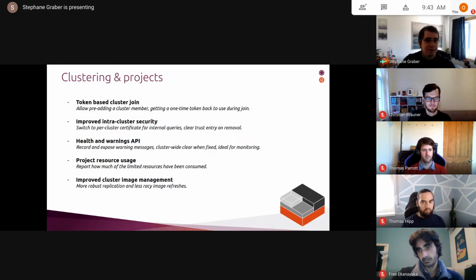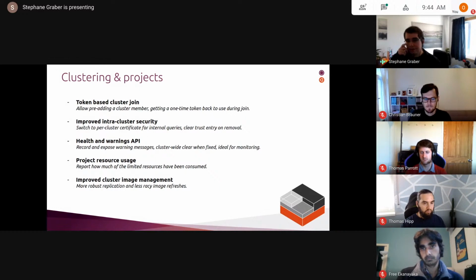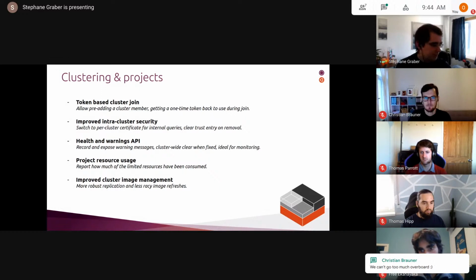I think there's actually one last piece on the image management, which is if you are on a cluster that can use CephFS, you can technically expose the exact same image storage to every one of the cluster members. We want to support and optimize for that so that those users can just create one CephFS volume and have it mounted on every one of their cluster members. At that point, every image is considered replicated by default. There's no need to replicate it to multiple nodes. So it should improve stability and performance, and also save a bunch of space.